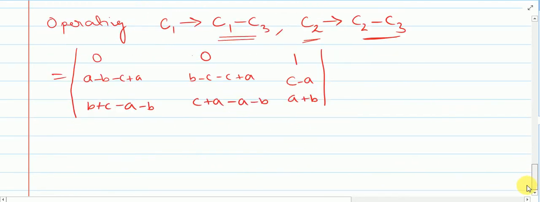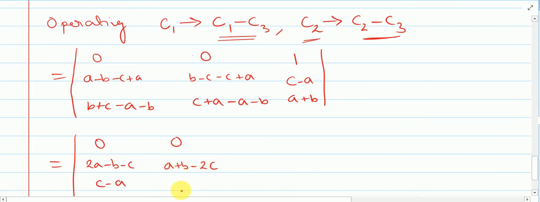Okay, so we get 0, 2a minus b minus c, and here c minus a, here 0, and here we get a plus b minus 2c, and c minus b, 1, c minus a, and a plus b. Okay,